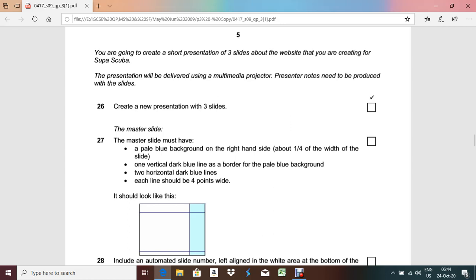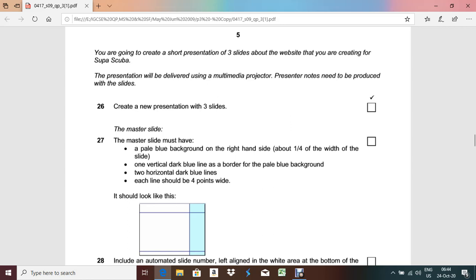Okay, now first of all, why am I mentioning this question, why am I discussing this question? From this question you will learn many things about presentation. Okay, this is one type of question. Some other types of question are there also, so we will solve that type of question also.